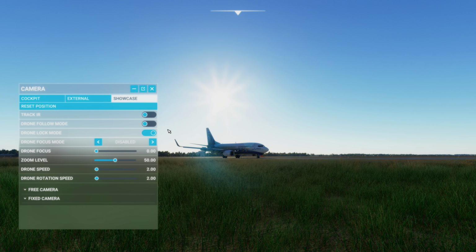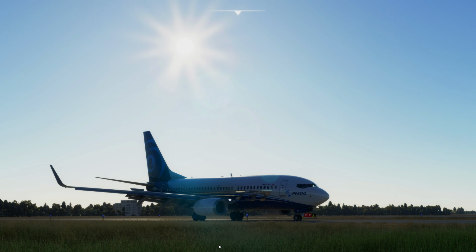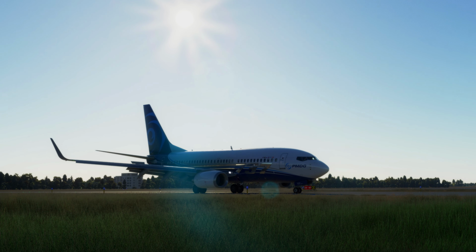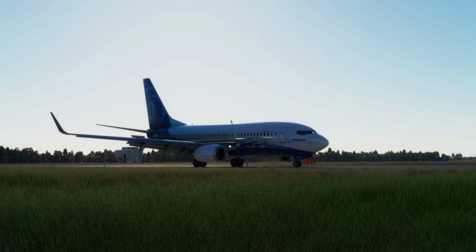So from here we can then zoom in, and you can see we're a little bit too looking up to the sun, so if we press caps lock and then numpad 2, that will slowly bring us down. We're going a little bit slow because we've changed the speeds on the zoom and the rotation speeds, but let's just say that's where we're happy. We'll press caps lock again, so that's going to lock us now into this position,